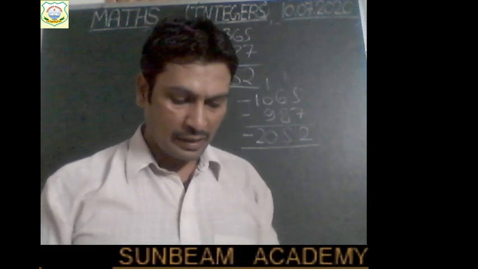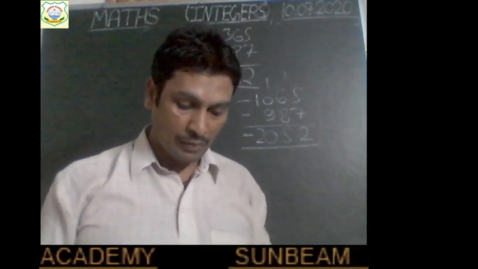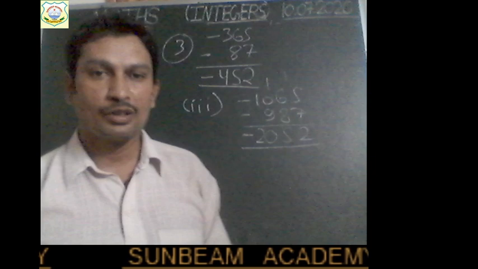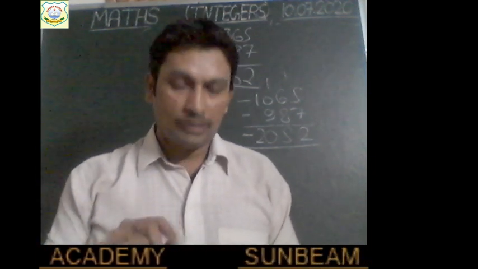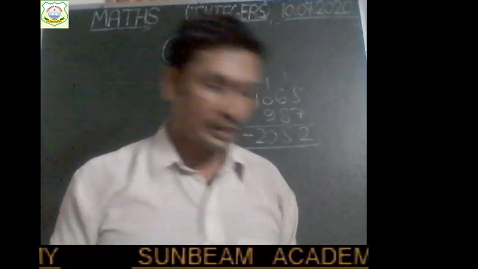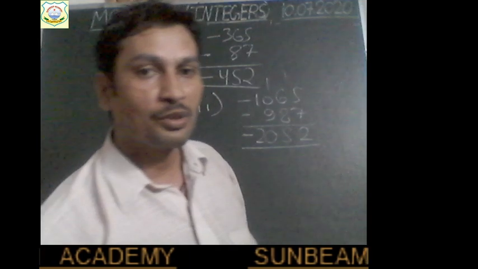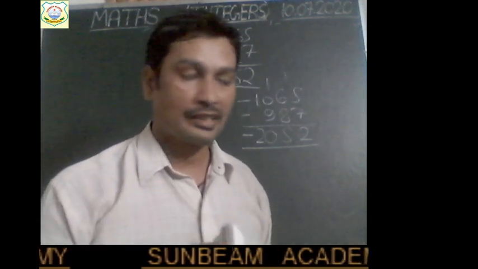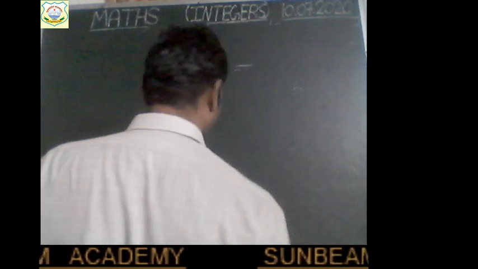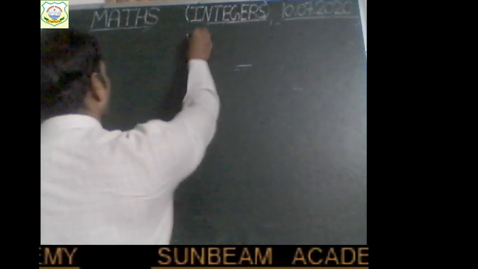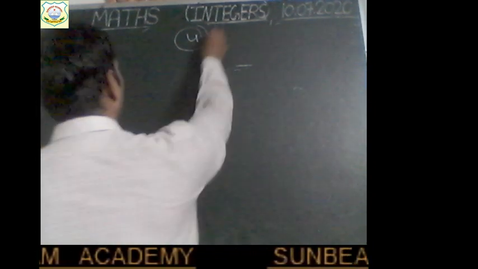So in the same way, I think you can solve the other parts of this question, children. So see question number 4. Question number 4 is also the same. Only here is the case where both the integers have opposite signs. Okay. So I am solving only one part of question number 4 for those who are still not able to understand. So question number 4, I am solving the fourth part.